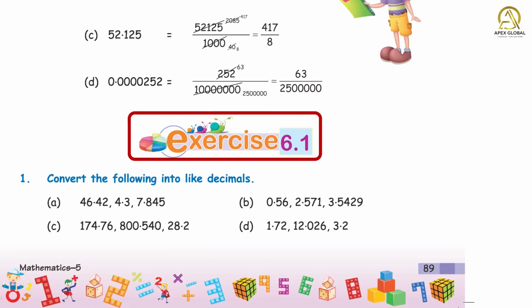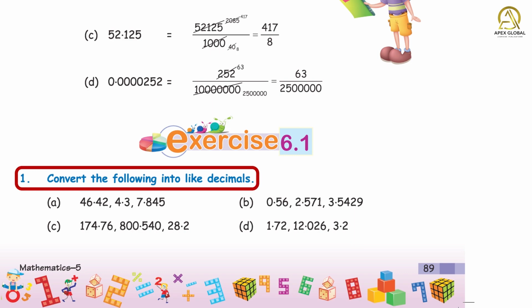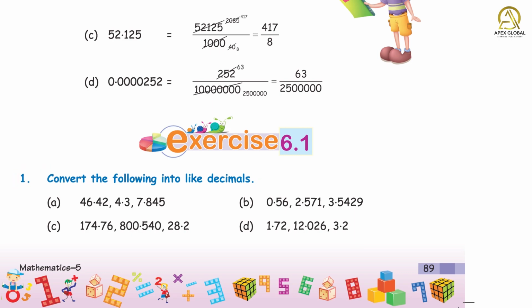Exercise 6.1. Question 1: convert the following into like decimals. A: 46.42, 4.3, 7.845. B: 0.56, 2.571, 3.5429. C: